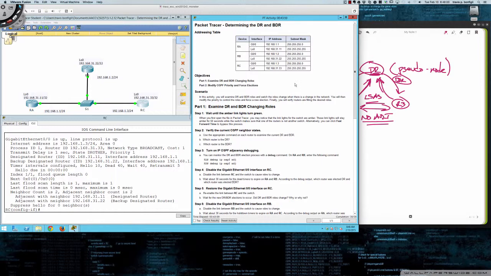And so that concludes Packet Tracer Activity 5.1.2.12,